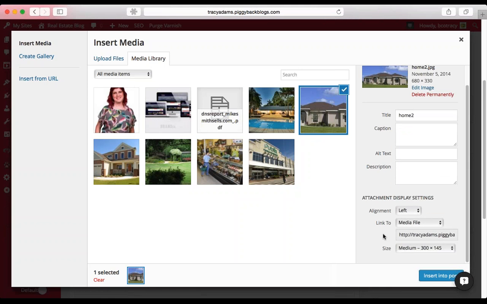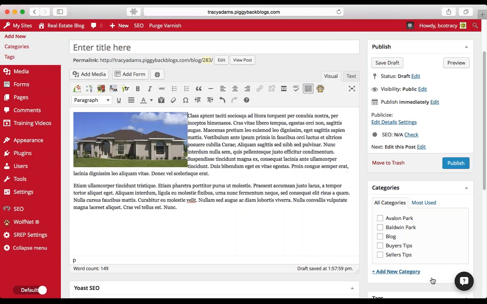The section that I'm bringing attention to here would be the alignment of these photos. So you can tell here that there's a drop down that's for left, center, right, and none when it comes to the different kinds of alignment for your photos. If you are aligning your image to the left, your text is going to wrap to the right. You can see here how with your photo to the left, your content bumps up to the side of it